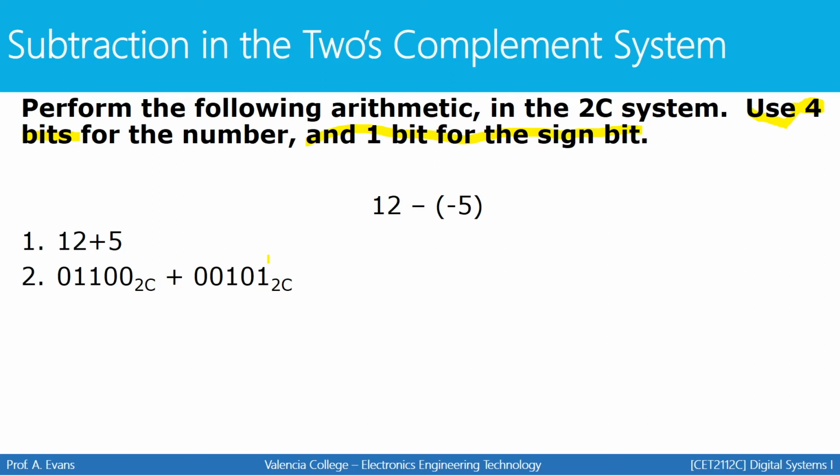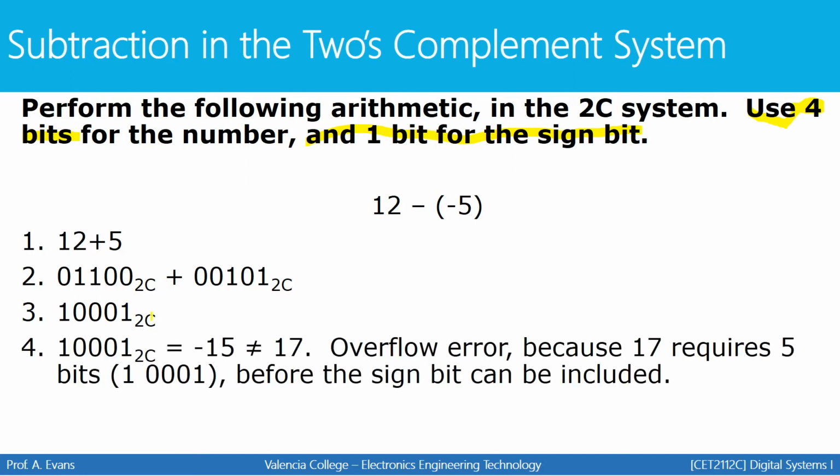Now I'm going to perform the addition to add these together. If you perform the addition, you get 10001 as your answer. And again, we're adding everything as 2's complement numbers, so a 2's complement number is what you get out. 10001 in 2's complement is equal to negative 16 plus 1. Negative 16 plus 1 is negative 15, which is not the 17 we're expecting to get when we add 12